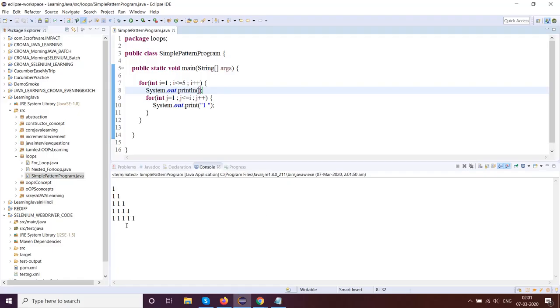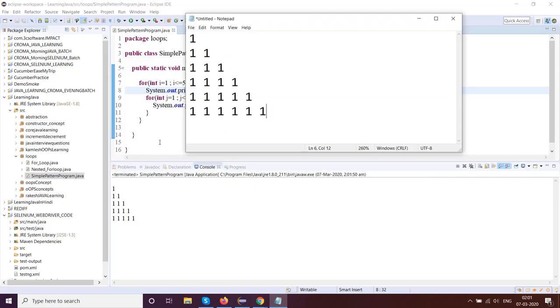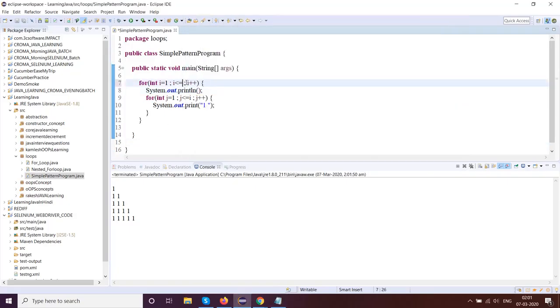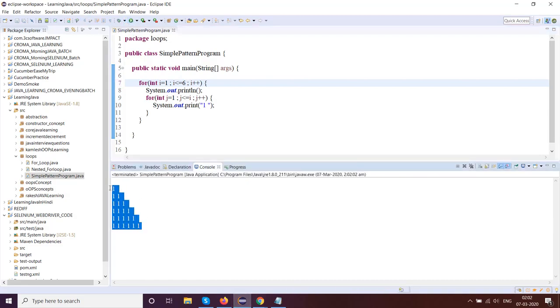So you got the answer here. Okay, so I had given how many ones? 3 6. Okay, just go ahead and make this 6. Save it, run this. You got the answer here. It's actually very simple. For each execution of the outer loop, the inner loop gets executed the similar number of